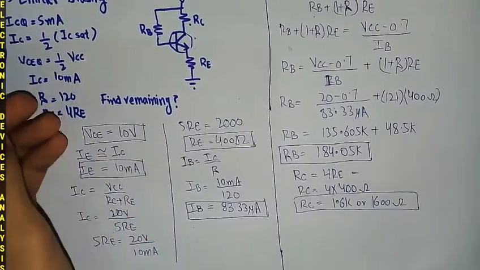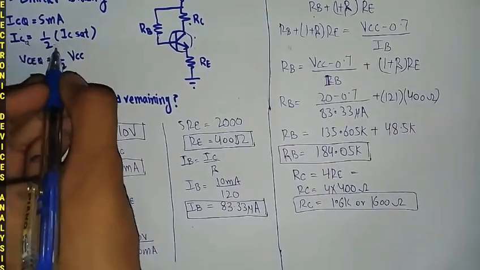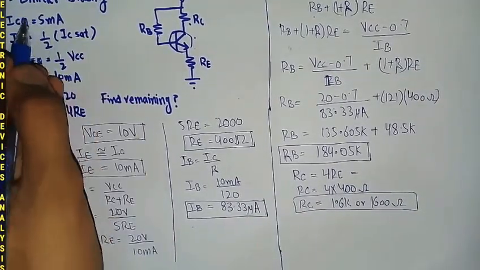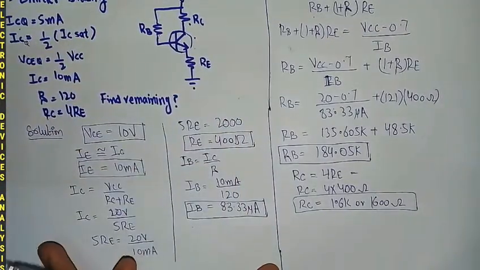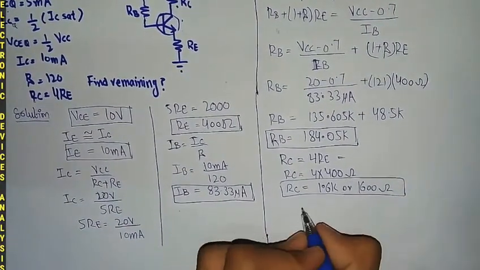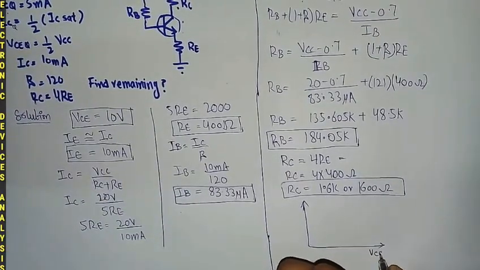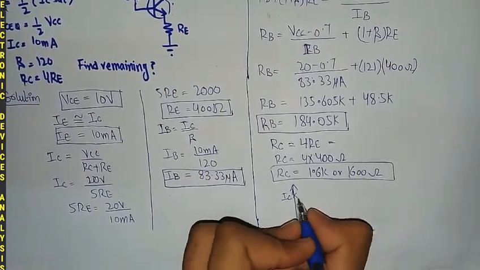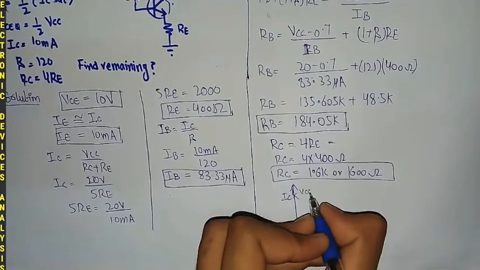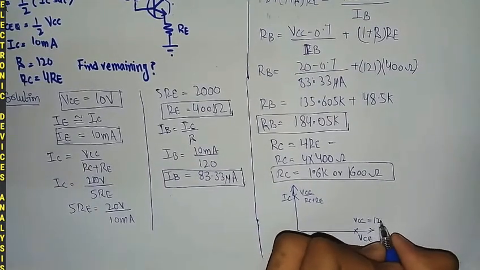So guys, in the question you will see that the value of ICQ is given. The value of ICQ will be equal to 1/2 of IC saturation. These both are given due to the Q point and for the output characteristics of emitter biasing. So guys, first of all we will have to plot the output characteristics. The output characteristics are drawn between VCE and the value of IC. So here this will be the saturation point, the value of VCC over RC plus RE, and this will be the cutoff point, the value of VCC. The value of VCC is simply 20 volts.